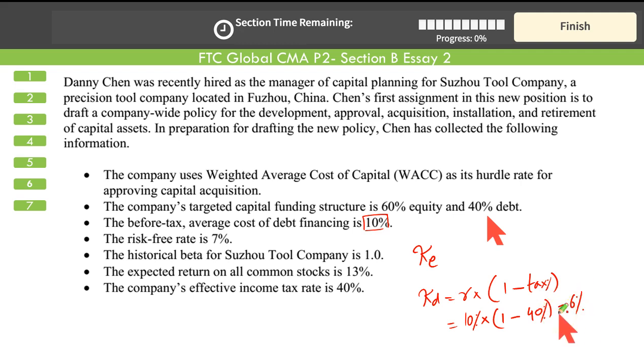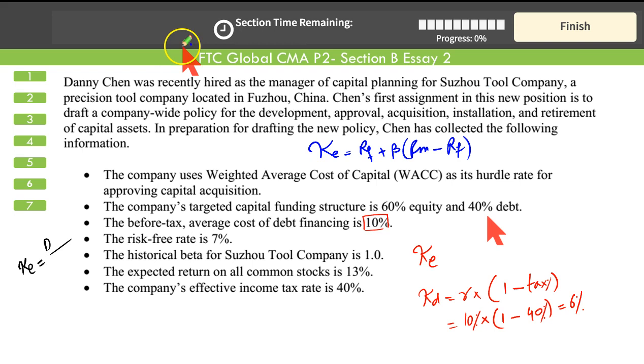Next, we need the cost of equity. For your syllabus CMA Part 2, you have two ways to calculate the cost of equity. First is the CAPM, capital asset pricing model, that involves the risk-free rate, beta, and the return on the market minus the risk-free rate. And second is the dividend discount model, in which the cost of equity is equal to the expected dividend D naught into 1 plus G